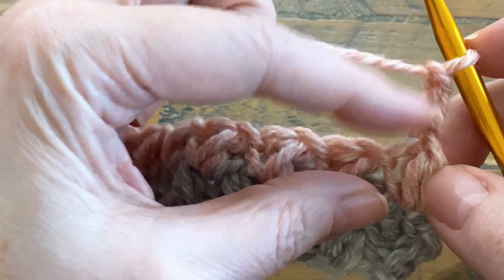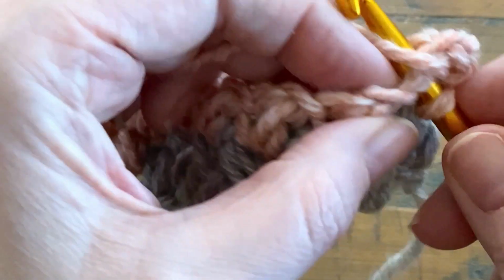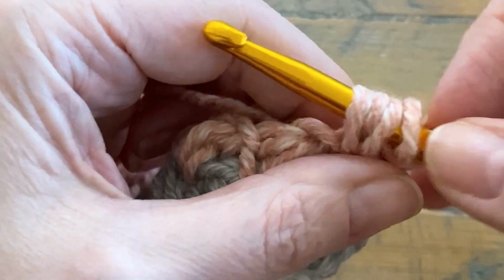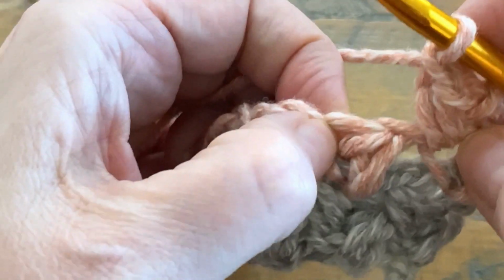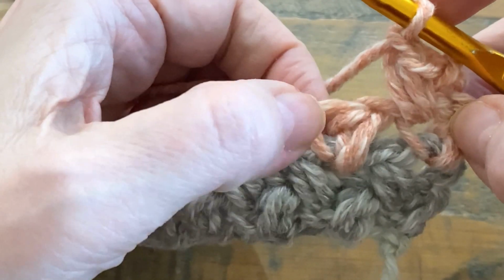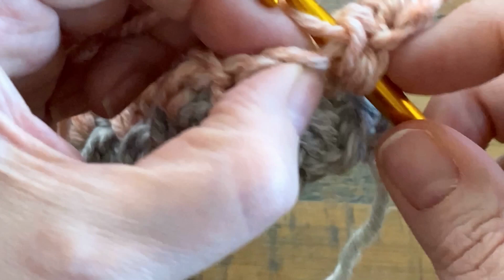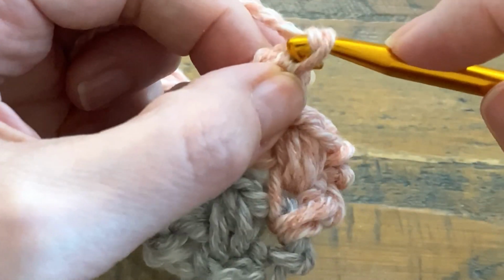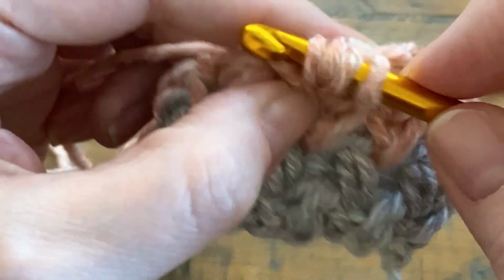So we've chained 2 on top of the chain 1 there. Work your first stitch straight into there, pull up a loop, yarn over, hook into the same space, 4 loops on the hook, yarn over, pull through all 4, chain 1. Your next stitch will be just after the stitch here into this space here, hook in, pull up a loop, yarn over, hook in the same space, pull up another loop, yarn over, pull through all 4 and chain 1. So we continue along here,